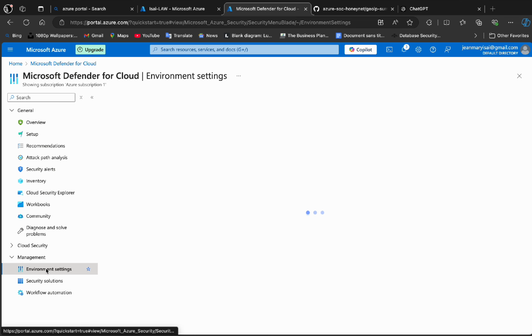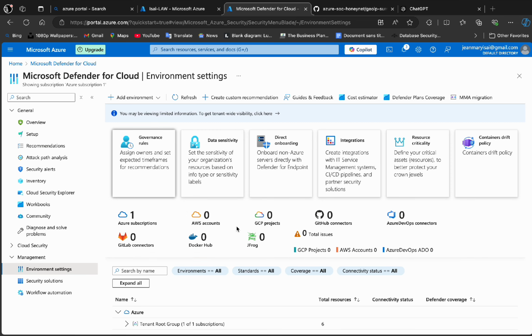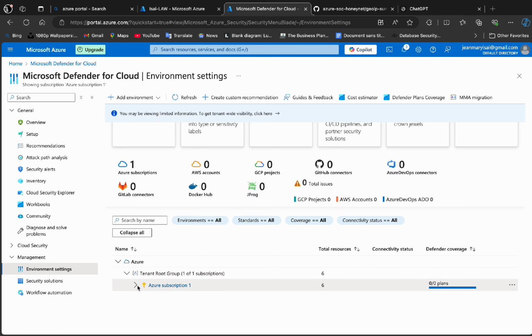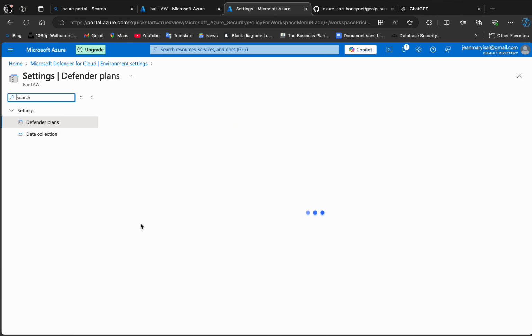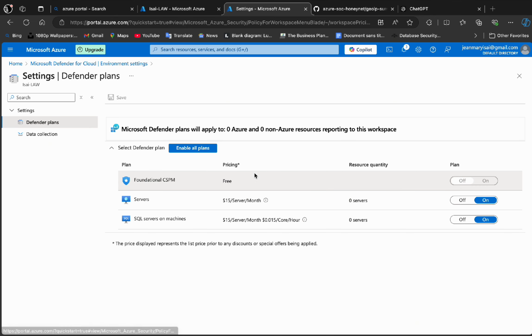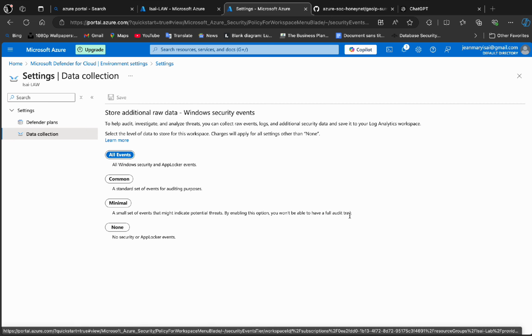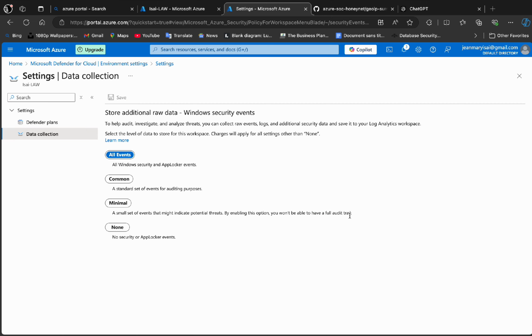All right, and we're gonna go to our Azure Log Analytics. We have to make sure that the server and SQL Server machine is on, and data collection, all events, is on, and we have to hit save every time. Okay, and next we want to